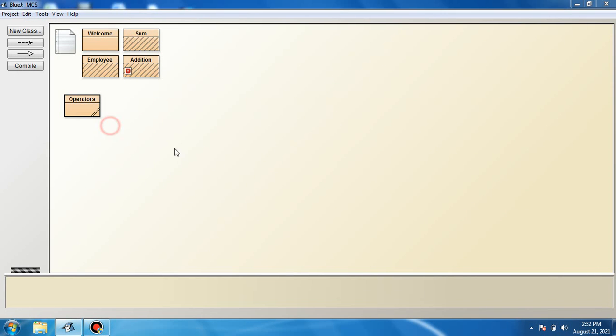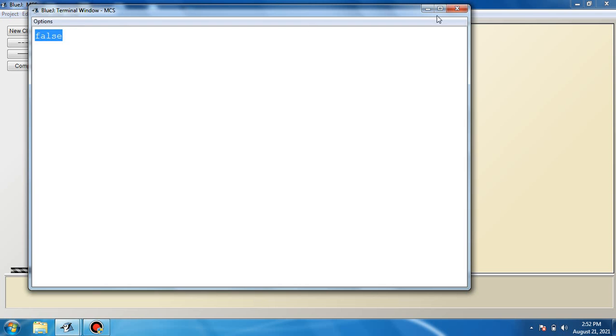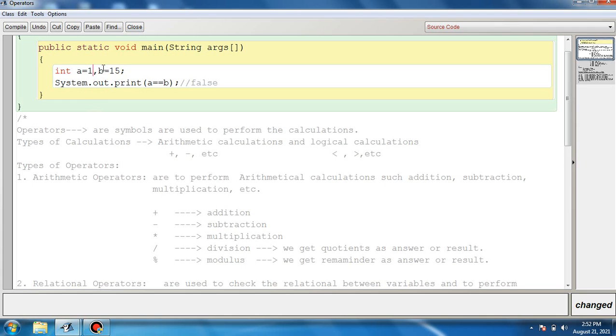If we run this, you can see false. And if the values are the same, let us make them same. Now the value stored in A is 15, and double equal to the value stored in B is 15. Yes, it's true. Both A and B store the same value, so it will return true.